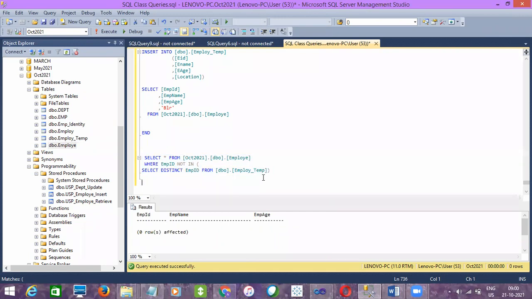Did it work now? Guys, agree? The not in keyword. You know this, right? In or not in, I discussed in the beginning classes. In will allow multiple values, whereas equals to will allow only one value. So if you use where employee ID not in the distinct employee IDs from our destination table, there are no records in the source which are not there on the destination. So if you implement the incremental approach also, 0 records will be inserted, right?